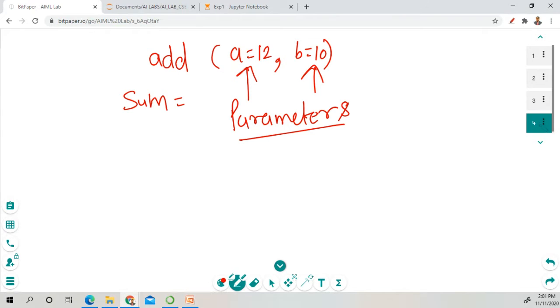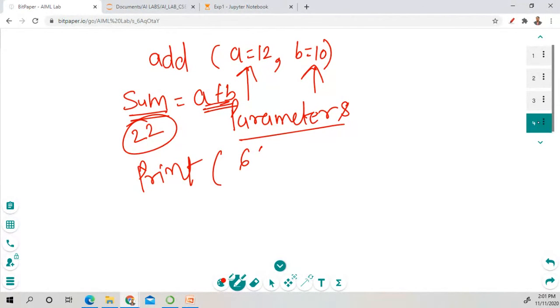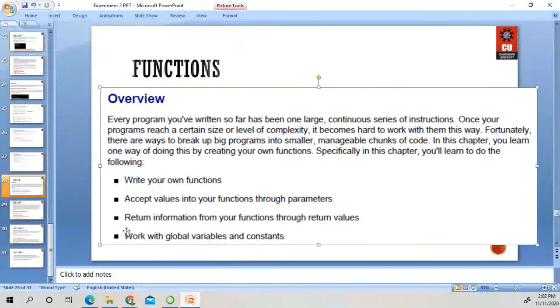In this sum, we can use a plus b. So this sum variable contains the addition of these two values, which is 22. We can use the print statement and show the output sum equal to, and show the value of sum. So this is the parameter. Any doubt? Write in chat box.